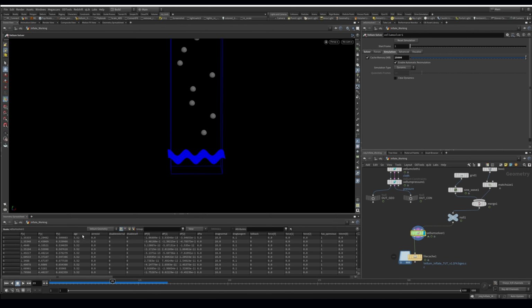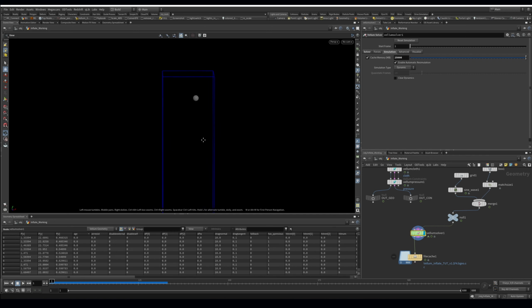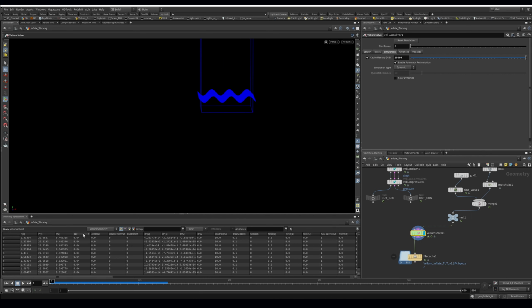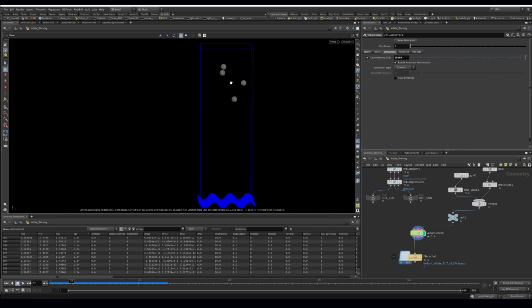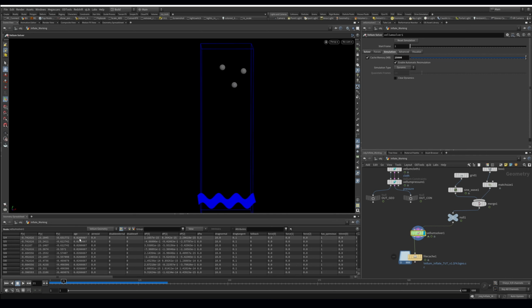If you have a look at this age attribute, you can see that when they're emitted, there's just one, and it has an age attribute. Let's go forward one. It has an age attribute of 0.04, and it slowly counts up. Now, as soon as another one is emitted, you can see that they have an age attribute when they're emitted. Let's see, we did 10, so on frame 11, now we have another one, and it starts with an age attribute of 0.02 and 0.4, and then the next one on frame 21, again, we get a 0.02 attribute,